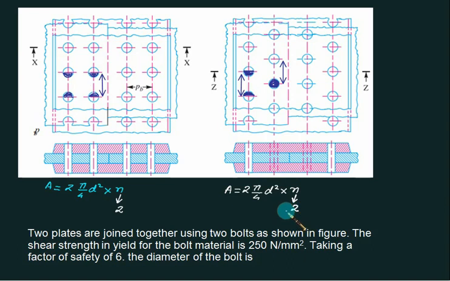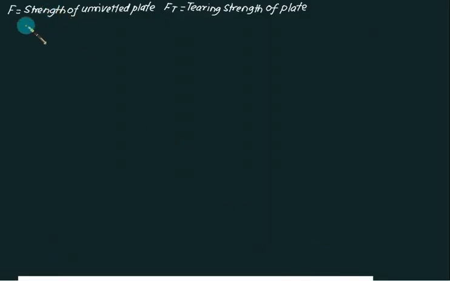One more important thing, what is the number of rivets you are taking for shear? Same will be for crushing also. So n will not change for shear and n will not change for crushing. They will be the same. So if we go by pitch calculation, your maximum strength will be equal to P multiplied by T multiplied by sigma. This is the unriveted strength based on pitch. Tearing will be P minus D multiplied by T multiplied by sigma.